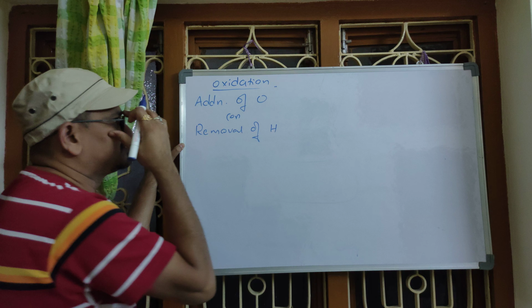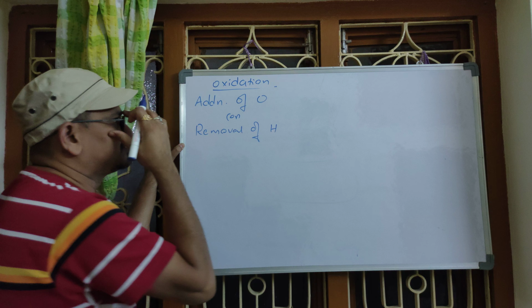What's the initial oxidation state of A? Initial oxidation state of A is 0. During oxidation, its oxidation state is increased to +2. So, always during oxidation reaction, what phenomenon takes place? There exists an increase in oxidation state.